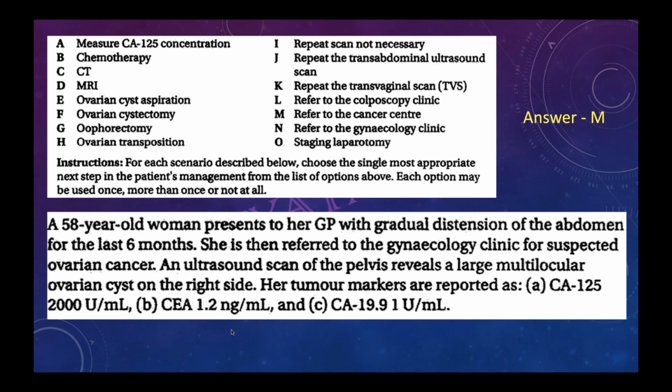In that flow chart also, what they said is: if there is clinical suspicion, consideration for CT abdomen and pelvis, and if it is indicated, consideration for CT thorax. So there is no clear guideline about it. On a clinical basis, if they think of distension and so on, then direct referral can be done. But if that strong clinical suspicion is not there, then consideration for CT will be done.